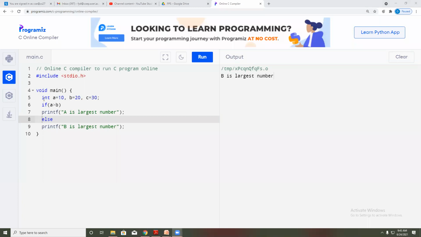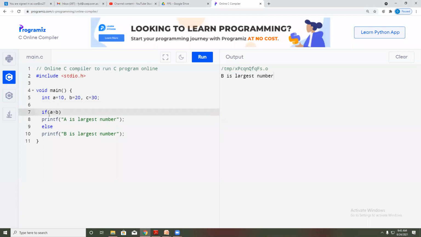What have we done here? A is compared with B as there is only one other number, but in this case I need to compare A with B and C as well. Then I need to compare B with A and C. Again C I need to compare with A and B. When all three are compared with each other, then I will be in a position to make a statement like this one is the largest number, right?